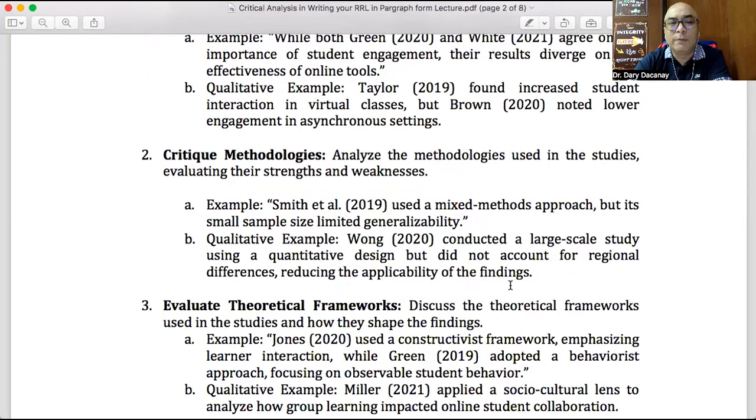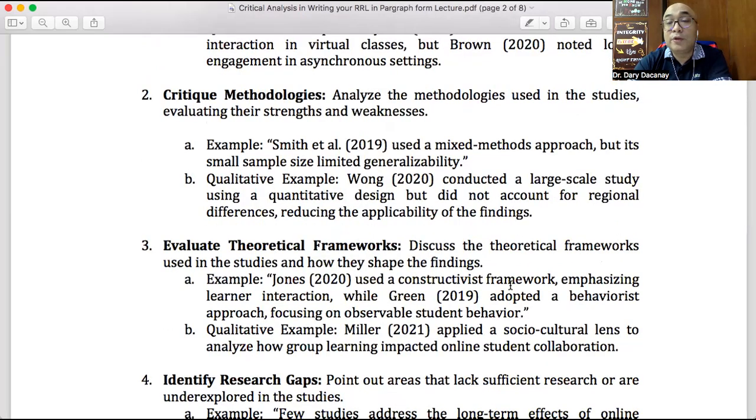And then this is supposed to be number 4. If you can evaluate the theoretical frameworks, kung meron. So discuss the theoretical frameworks used in the studies and how they shape the findings. An example is that Jones in 2020 used a constructivist framework emphasizing learner interaction, while Green in 2019 adopted a behaviorist approach focusing on observable student behavior. Now, a qualitative example would be Miller in 2021 applied a social-cultural lens to analyze how group learning impacted online